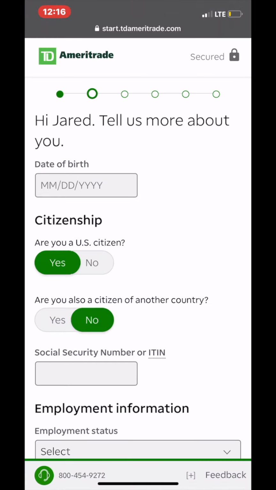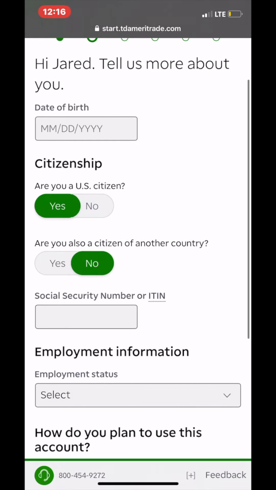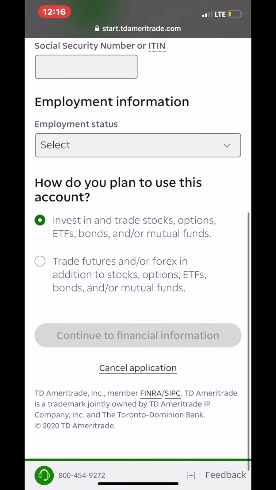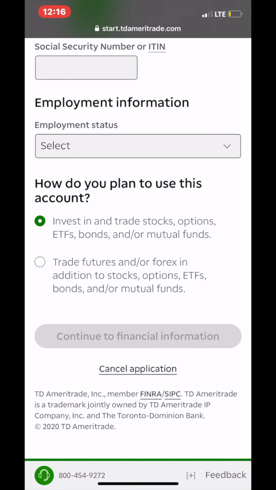All right, now that you fill that information out, you'll get to this page. And in this page, you'll have more information to fill out. You see here date of birth, citizenship, employment information. So you'll fill all of this information out. And once you're done and you get to the bottom,